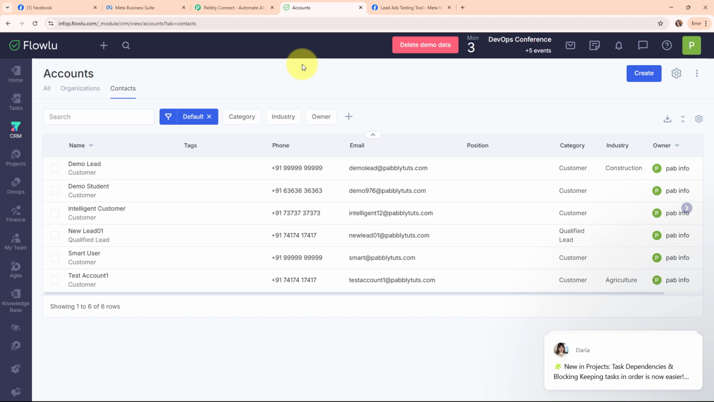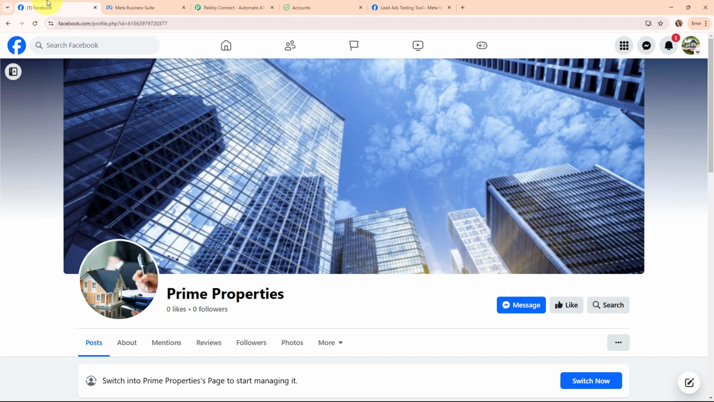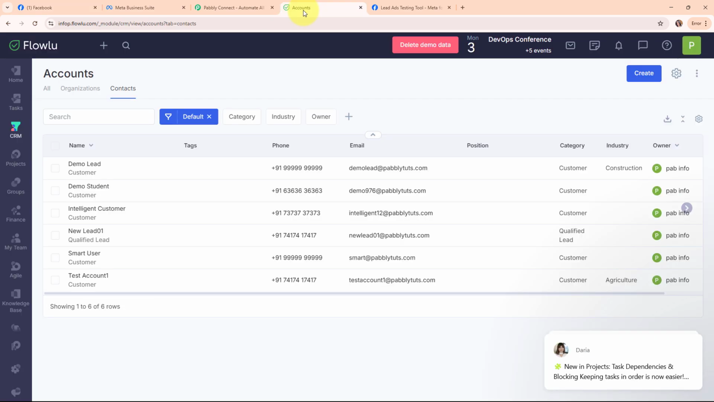So now here on my screen you can see my Facebook page that I've created with the name Prime Properties. And here I'm running a Facebook lead ad. My objective is that as soon as I receive a new lead through my Facebook lead ad, then automatically that lead should be created as a new contact in my Flowlu account as well. I've already built an automation where I've connected my Facebook lead ad with my Flowlu account. And firstly here we are going to see the working of this amazing automation